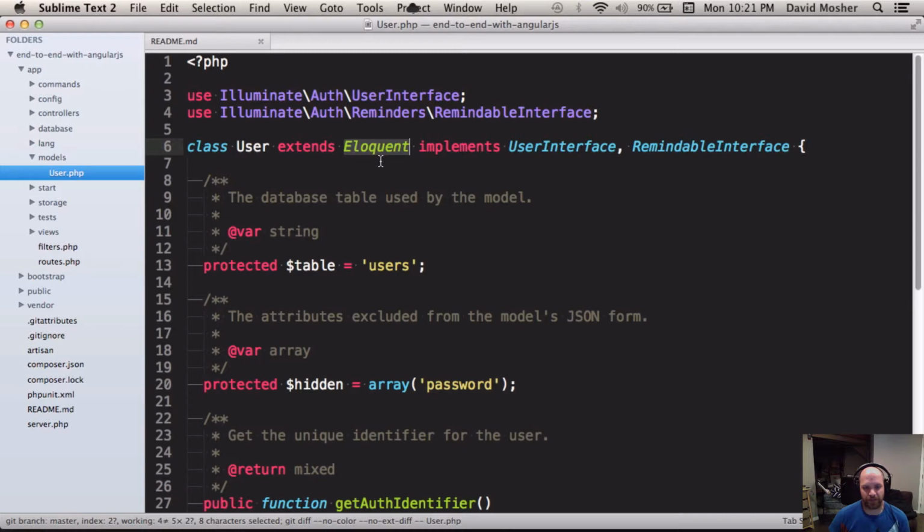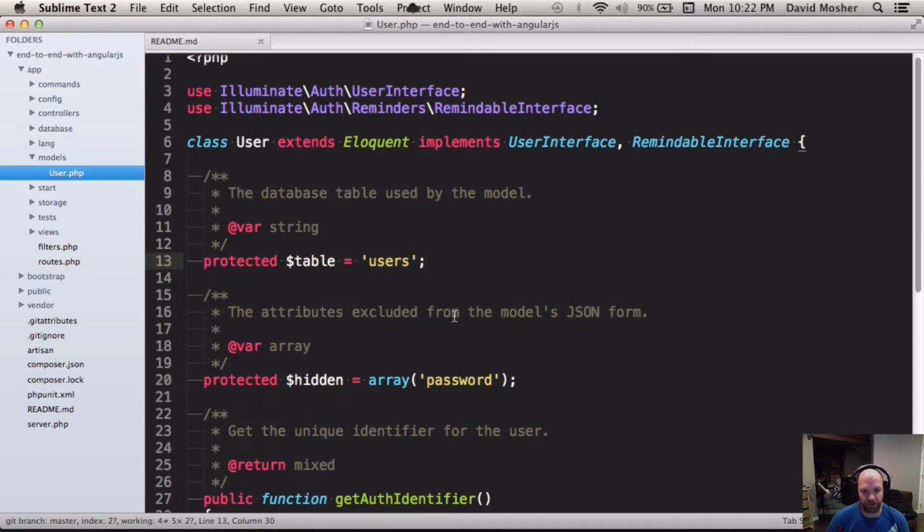Laravel uses something called Eloquent for its ORM, which stands for Object Relational Mapper. If you haven't used an ORM before, it's just a way that you can query your domain objects, like users, with a pretty nice interface without having to write SQL. Not that you shouldn't learn how to write SQL, but you can see that this users model maps to a table called users, and we've